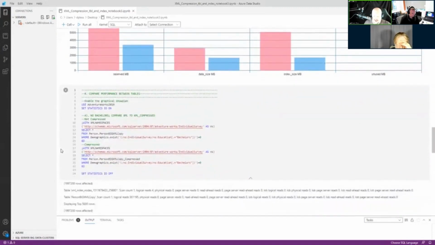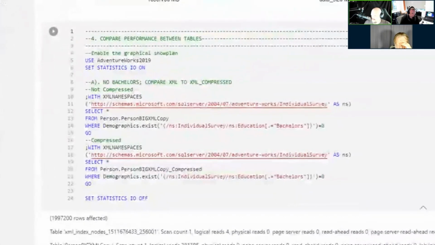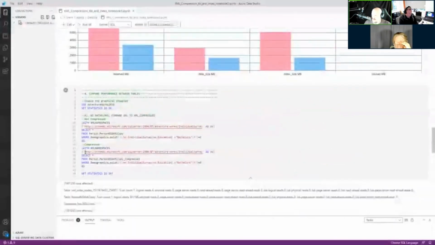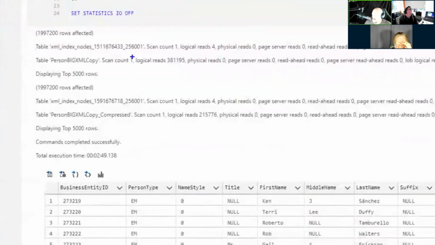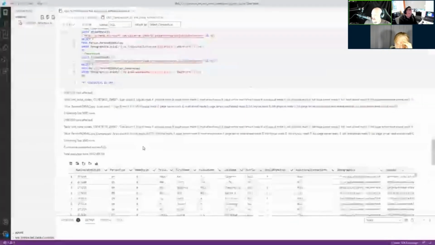What's interesting is this will depend on the workload. I did a query between the two, just give me everybody that doesn't have a bachelor's degree, and I'm taking a look at IO. This is what we saw from a savings perspective in logical reads, which gives us a query cost estimate improvement.